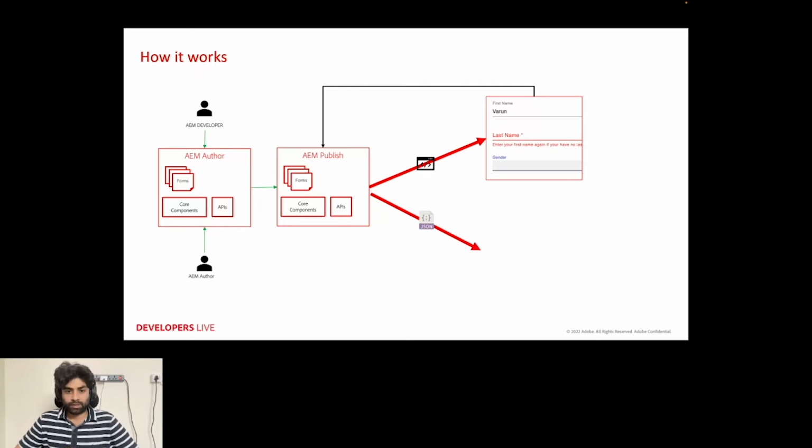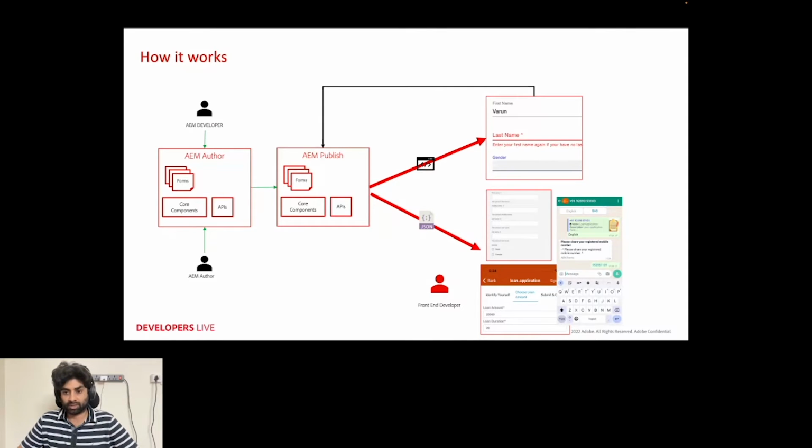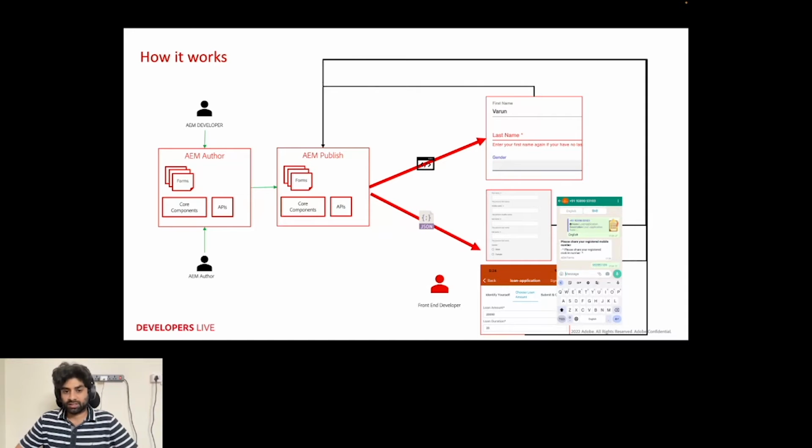So now with the headless implementation, we have APIs that will deliver a JSON rendition of the form, and any front-end developer who can understand the JSON can create a rendition suitable for a React Native application or any other native mobile application as well, or a SPA, single page application, and even a WhatsApp chatbot. And finally, in each of the different applications, they still have the ability to send the data back to AEM and invoke the backend workflows that were configured in the form.